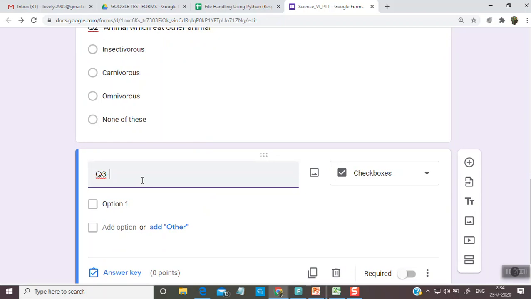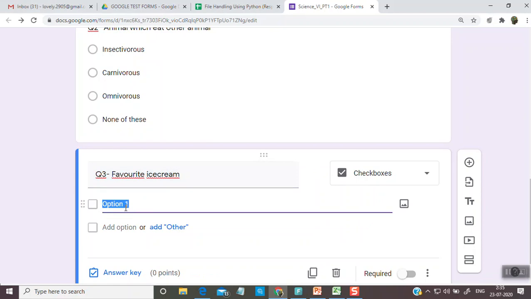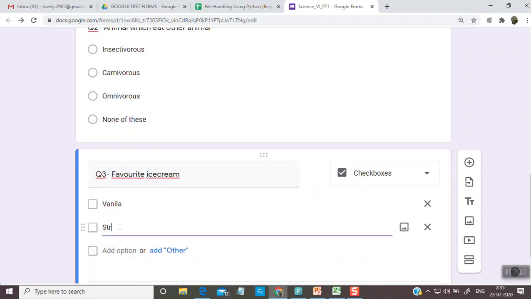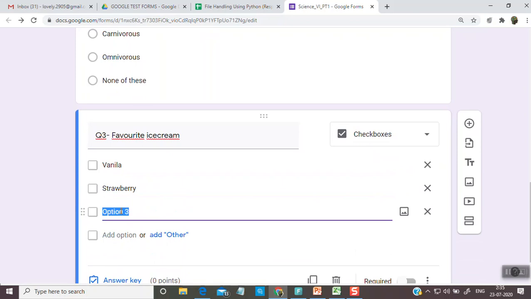Like for example, favorite ice cream. And I write vanilla, strawberry, chocolate,